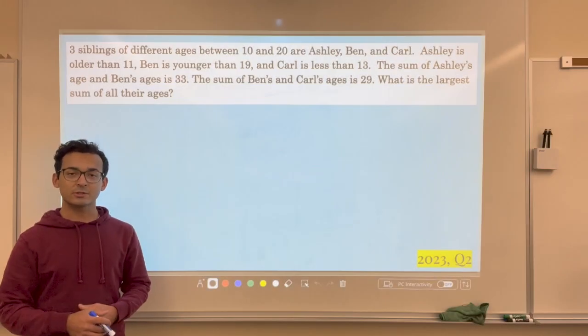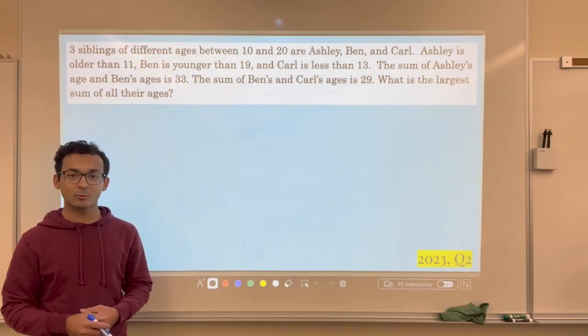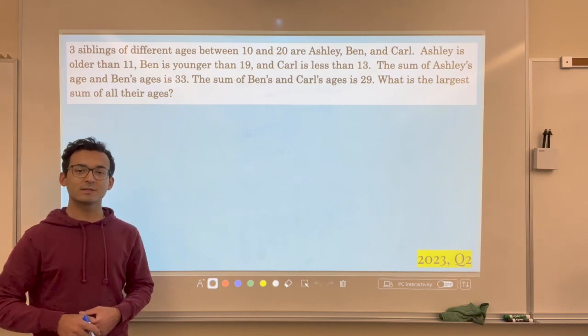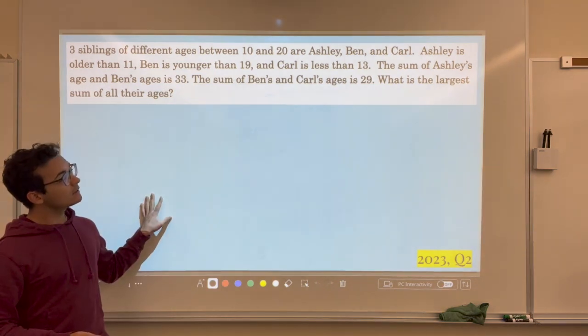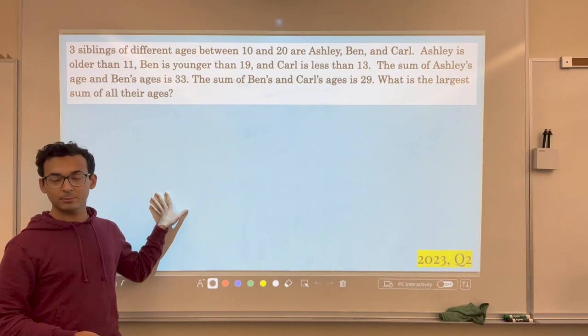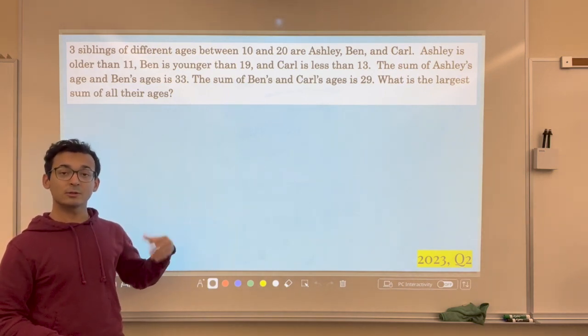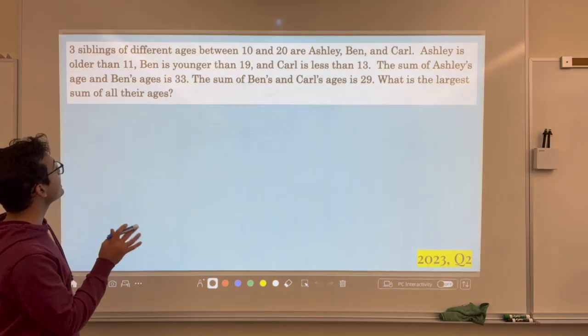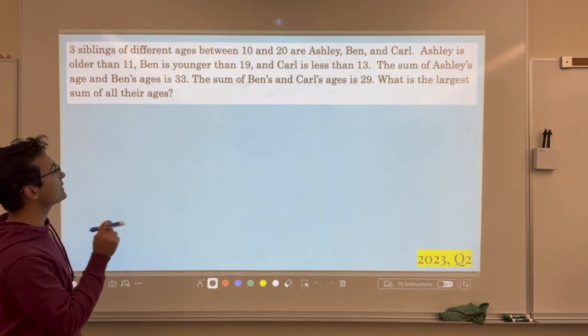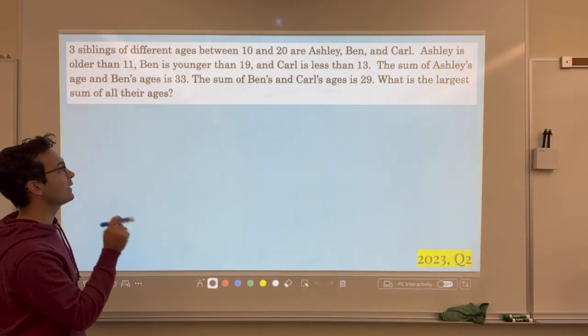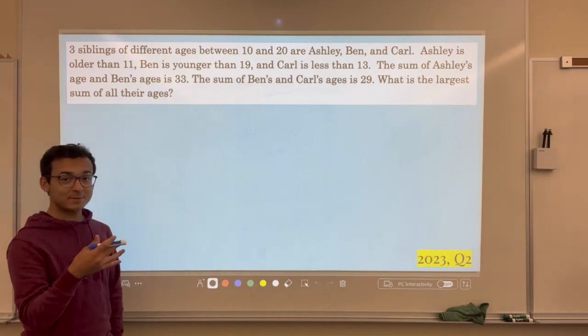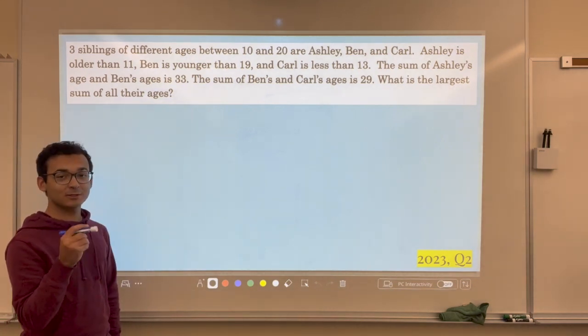Here's the second question from 2023, Meet Number 1, Topic Number 2, Inequalities and Absolute Value. This is quite a lengthy word problem, but I actually don't think it's too hard considering that it's a 4-pointer. So let's go ahead and tackle it now. 3 siblings of different ages between 10 and 20 are Ashley, Ben, and Carl. So with the names, they're being nice to us, Ashley, Ben, and Carl, we can use A, B, and C